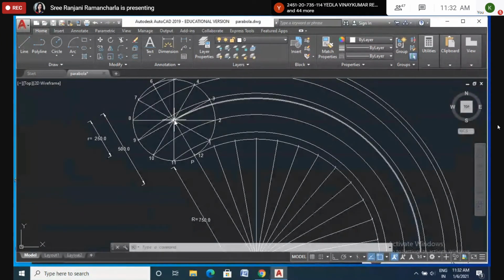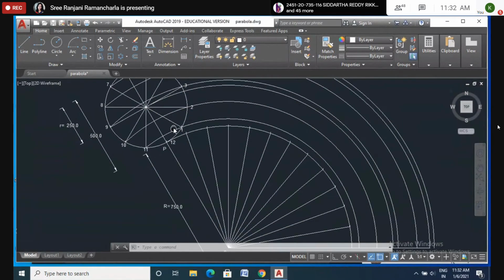The center line. This is a center line. From center means 0 to center, take that as a radius and draw the curve. This is a center line, this one you should not forget. On this only we have to show the points C1, C2, C3, C4 like that.